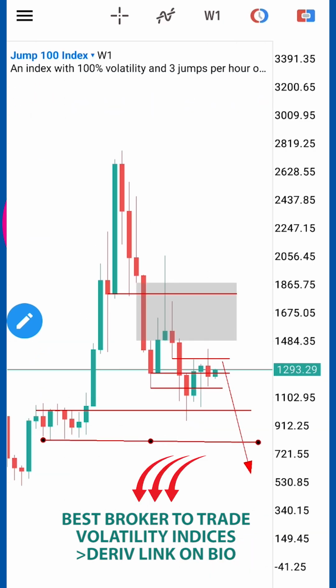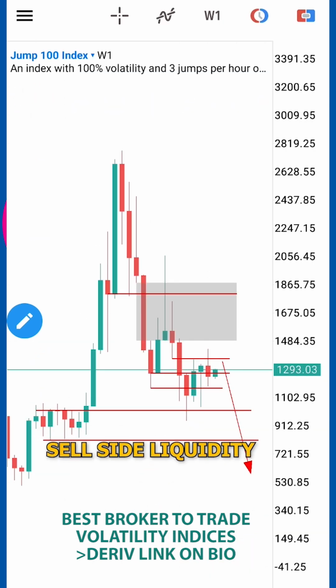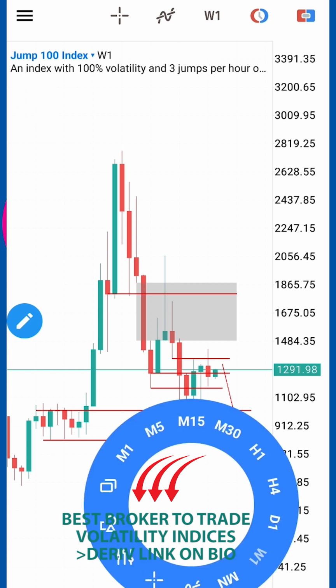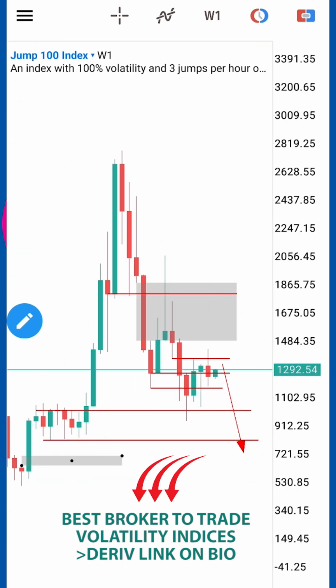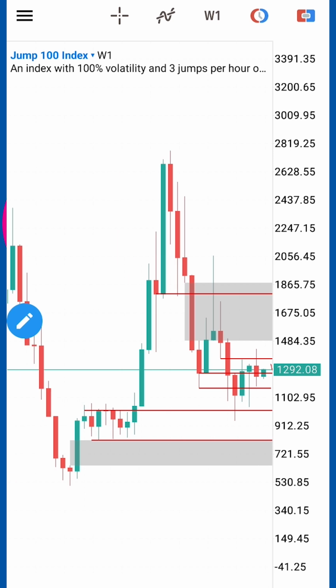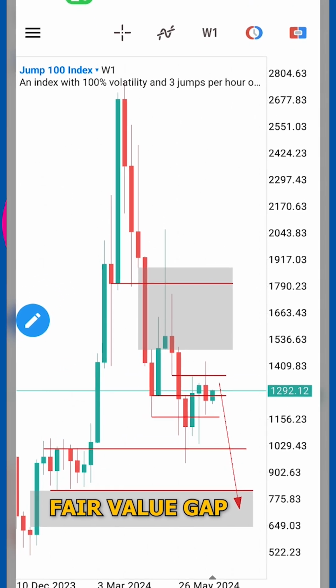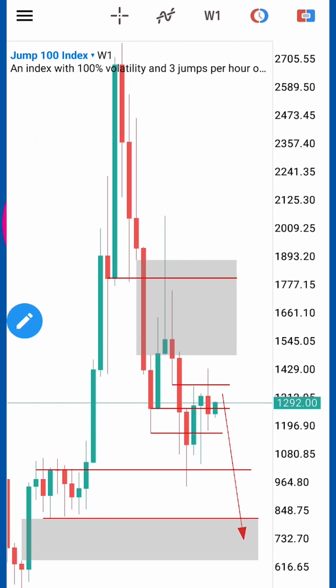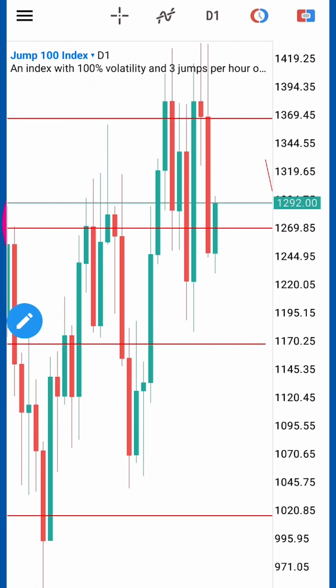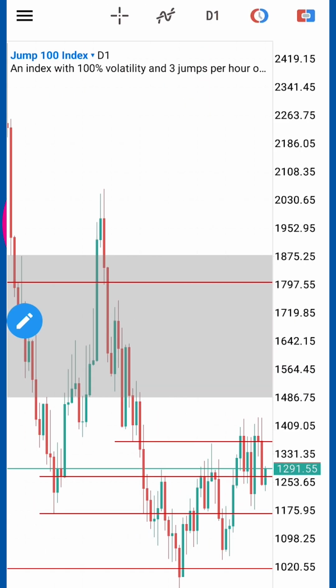So you can see that low which contained the sell side liquidity, and below that low is an imbalance. So you can see that below the low is a huge fair value gap. Price has to dip down to reach for that low, down there,